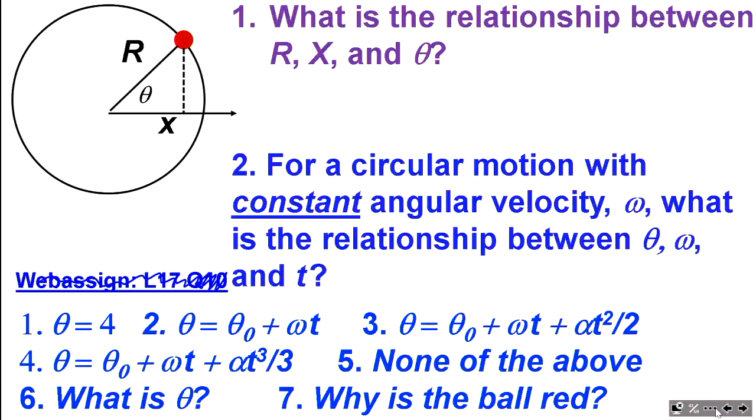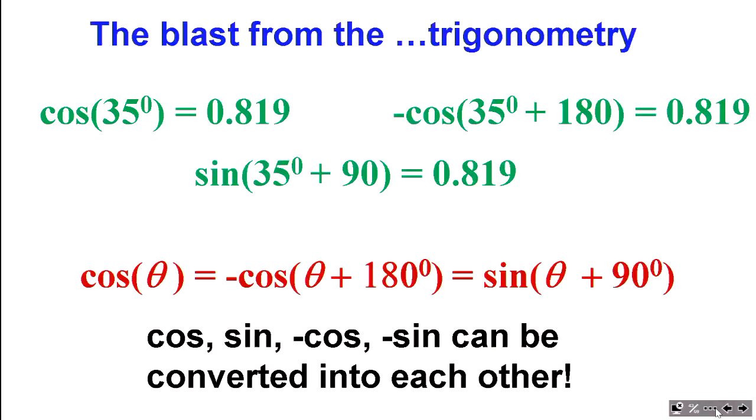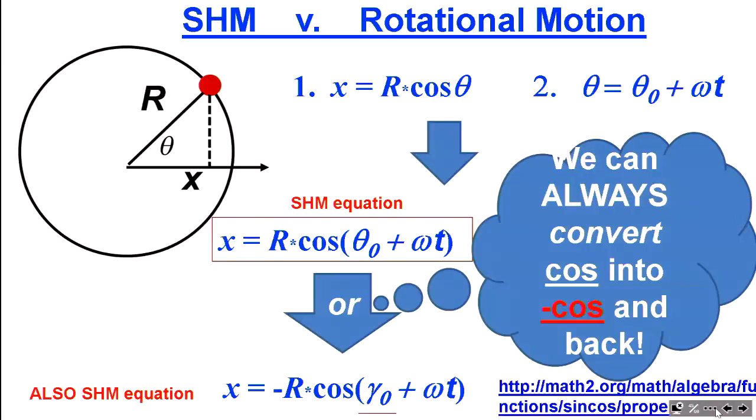Would it be the equation number 3? No. This is an equation for motion with constant acceleration, constant angular acceleration. No acceleration means we have to use the equation number 2. That's how the angle changes in time. So, if we know how to describe rotational motion, I'm going to skip this for now. We know how to describe oscillation when